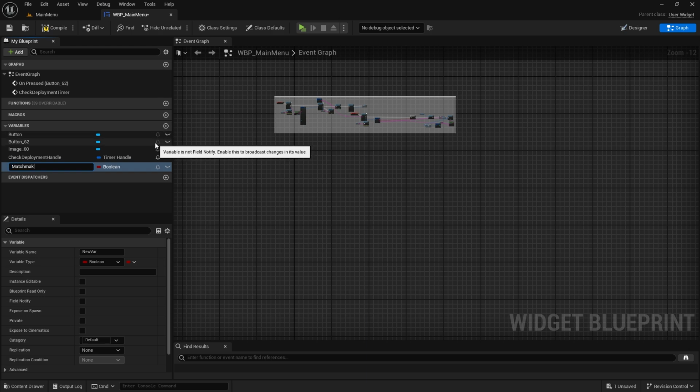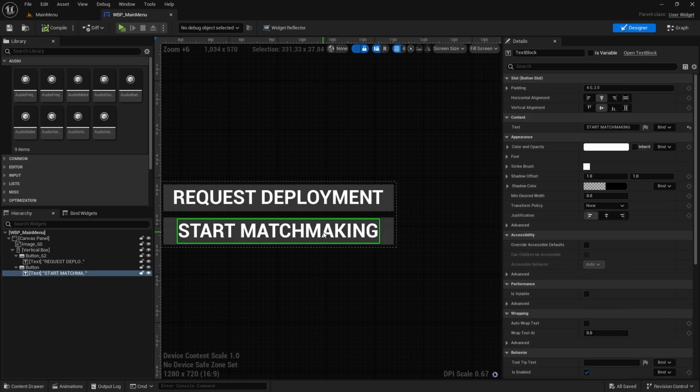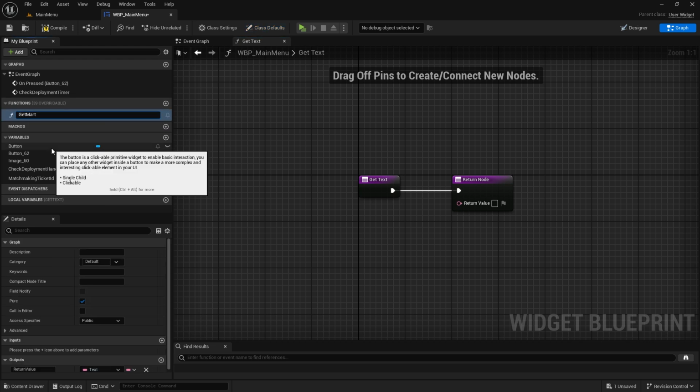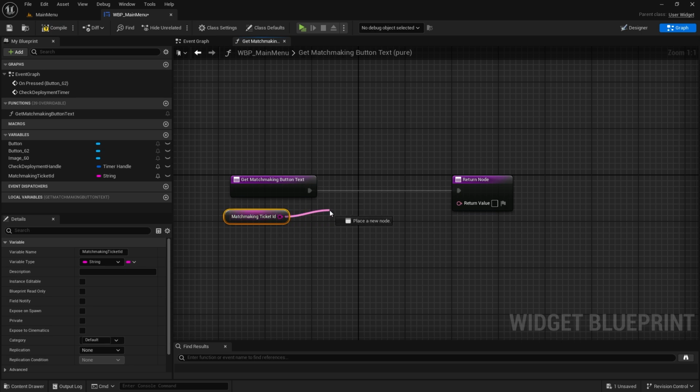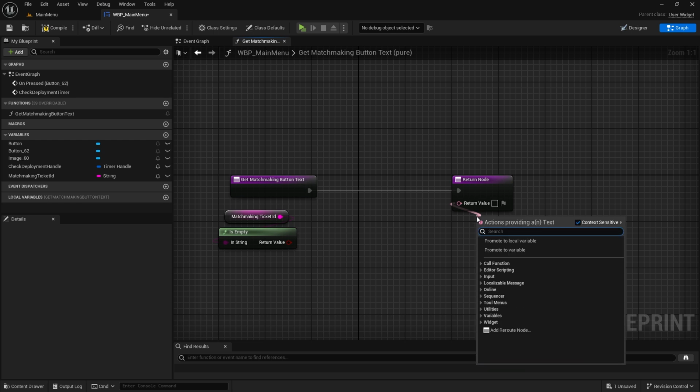Create a new variable named matchmaking ticket ID. This should be a string, and save it. This will be used to find out if we are currently matchmaking or not, and then on the button itself we will check if we have to enable or disable the button based on this. So basically create a binding for the text itself, and let's rename it to something like matchmaking should be cancelled or enabled, and then get the matchmaking ticket here, check if it is empty, and if it is, we can just make a